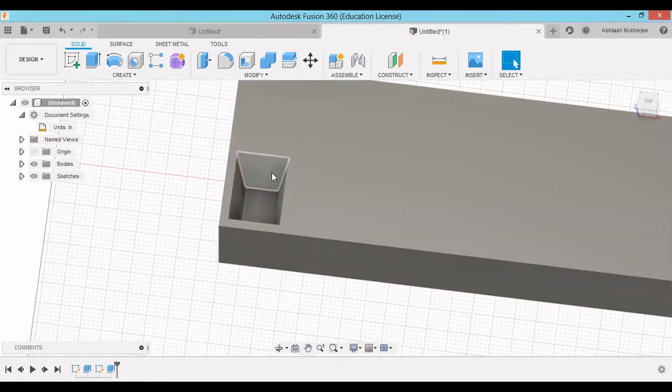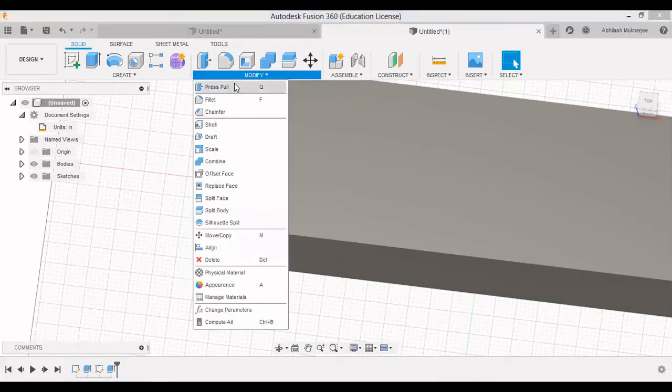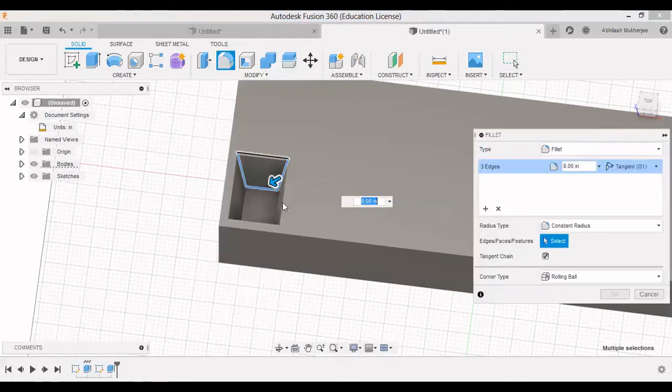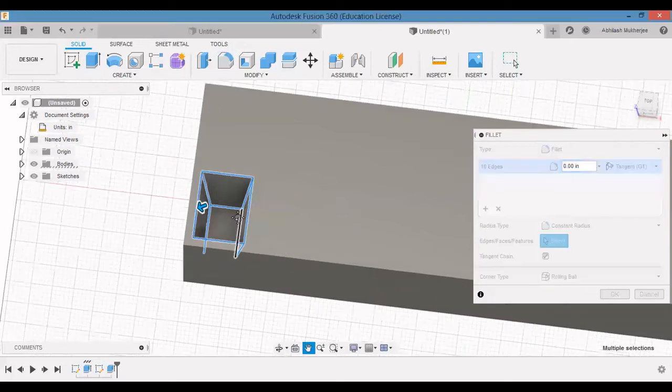Now we have our ice cube place, but we don't want such sharp edges. We want smooth edges so that we can wash it out or the ice can get out very easily. So we will provide fillet to it. Now to provide fillet, go to modify, press fillet, select the edges you want to put your fillet in. Like I'm selecting these faces. Select all the edges in which you want to give fillet.